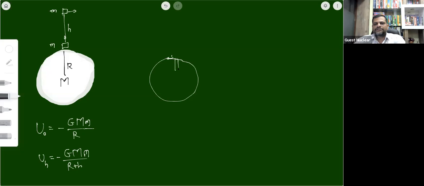bore or such a hole in the earth up to the center, it will continue to go towards the center. It will continue to get attracted towards the center, which means that the potential energy of a body can never become zero so far as it is in the earth's gravitational field. जब तक कोई बॉडी अर्थ के ग्रेविटेशनल फील्ड के अंदर है, तब तक उसका पोटेंशियल एनर्जी कभी भी जीरो हो